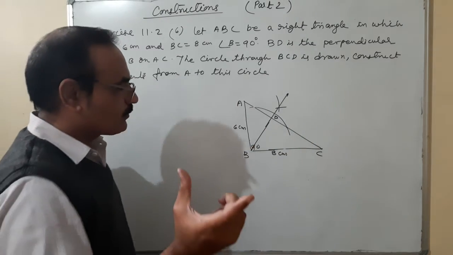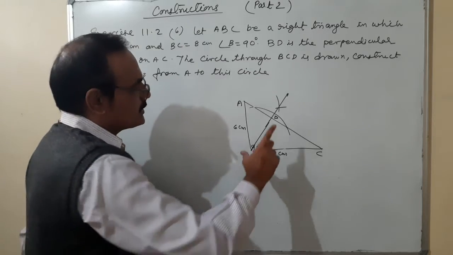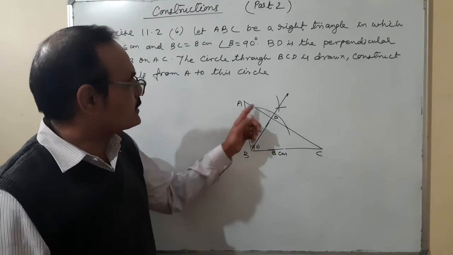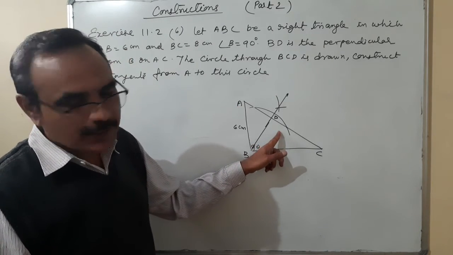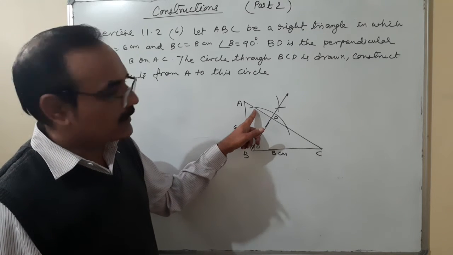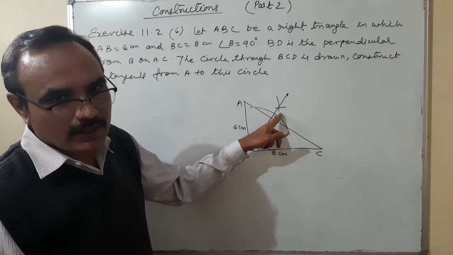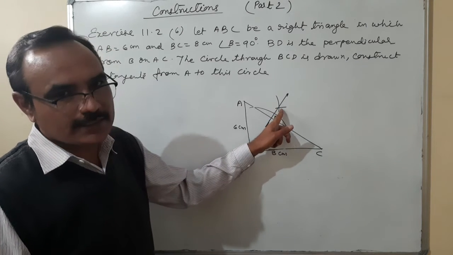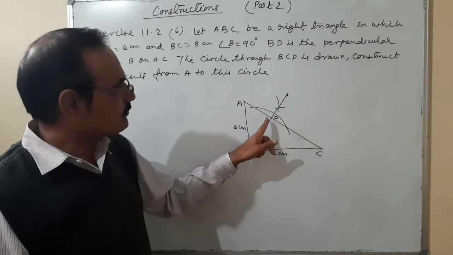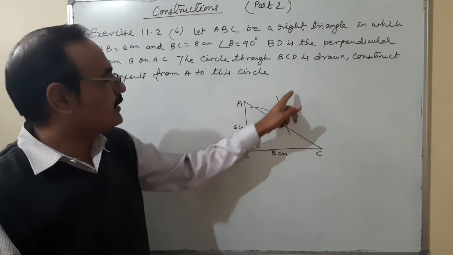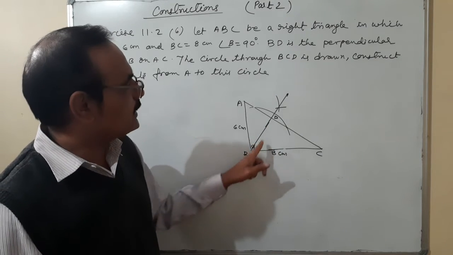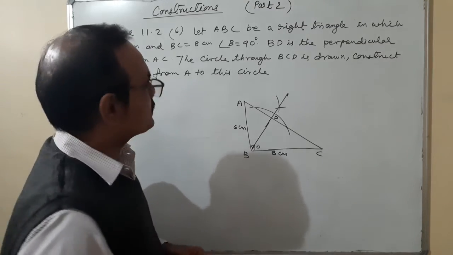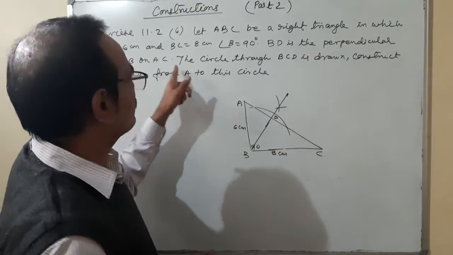What I have done, once again, open the pair of compass in a sufficient way, in such a way that it will intersect the arc at 2 points on AC. This is the center point, making radius of more than half of this part, cut an arc. Having the same radius, placing the middle point here, cut the previous arc, and join from B to this intersection point of two arcs. This is the point where AC and this perpendicular are intersecting each other at point D. So the name of this point is D. Okay, this is the second part of this question. BD is the perpendicular from B on AC.